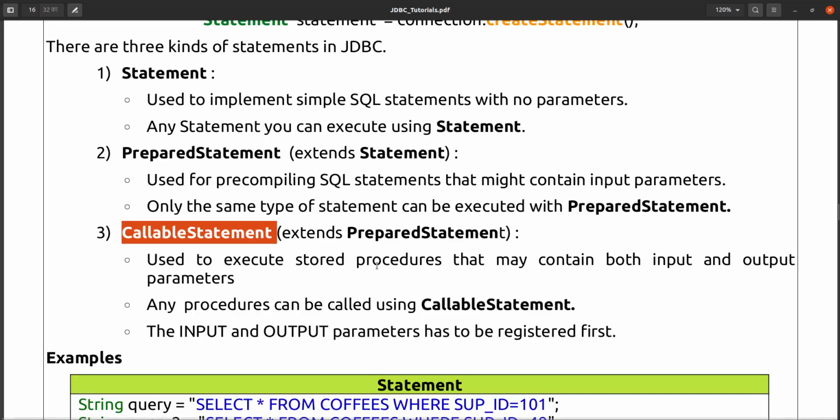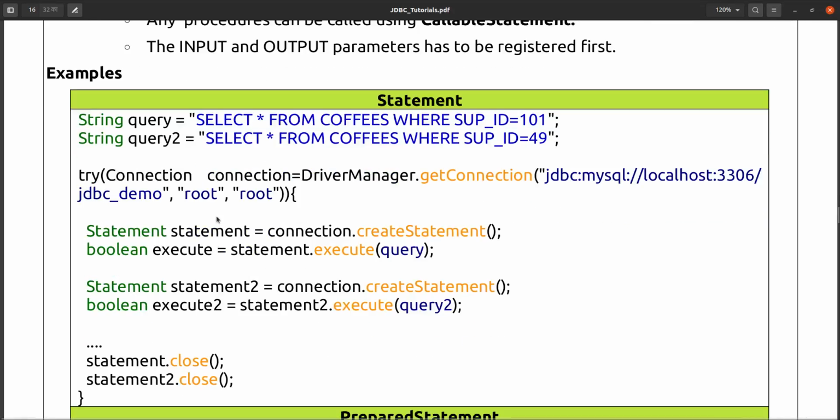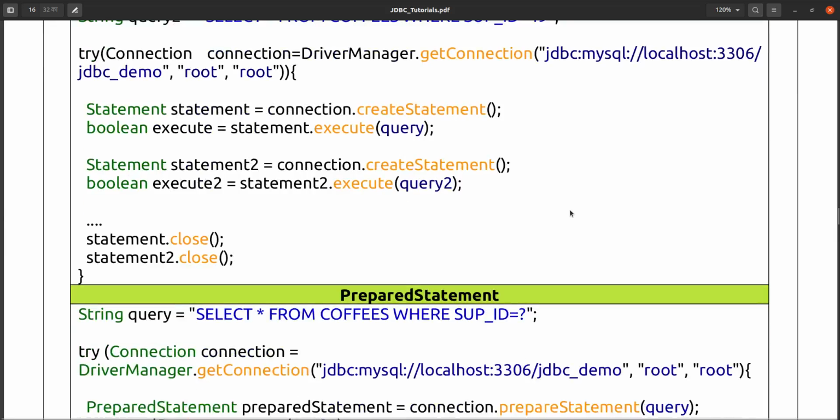A procedure is nothing but something like a function or method that is saved into your database. The execution of that method will not happen in your JVM. That execution will happen in the database server only. So that is the callable statement. And here is the example that we have already taken.